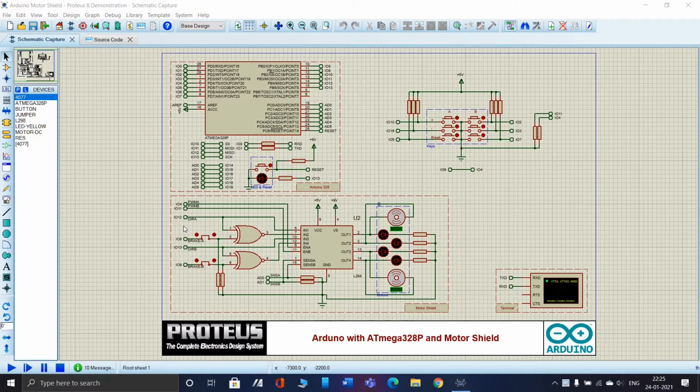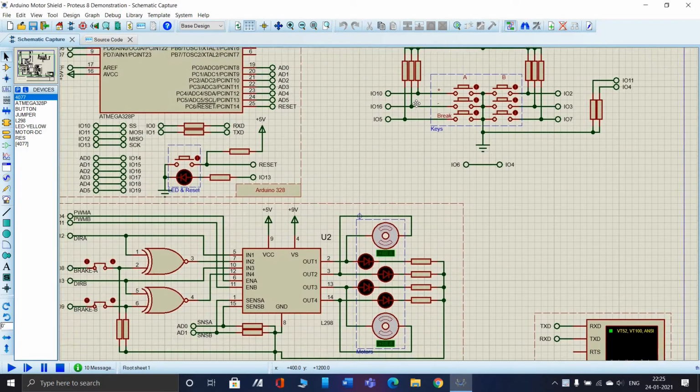And today I'm going to show you two projects, one in the Proteus demonstration software and the other in the Node-RED software, which is a part of the Node.js project. In the Proteus software, I'm going to show you open loop control for a DC motor using Arduino in the Proteus 8 software, for which the assembly can be seen over here.